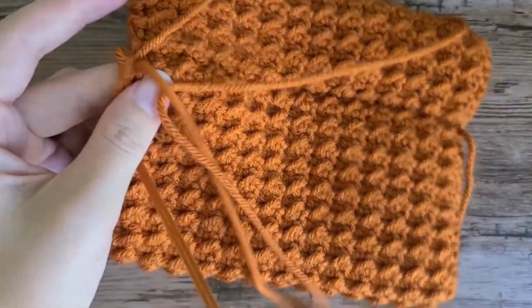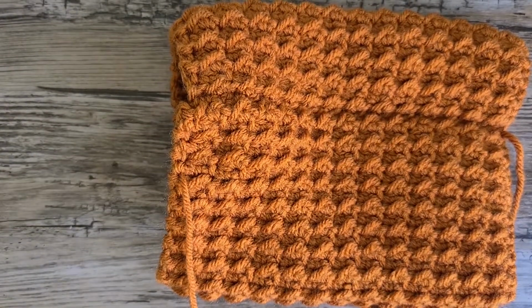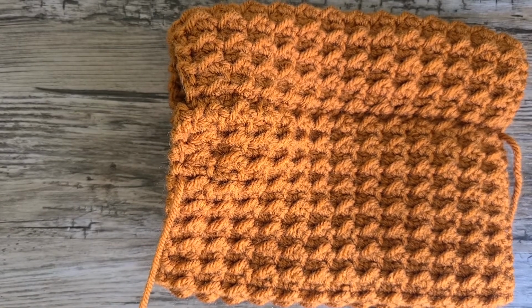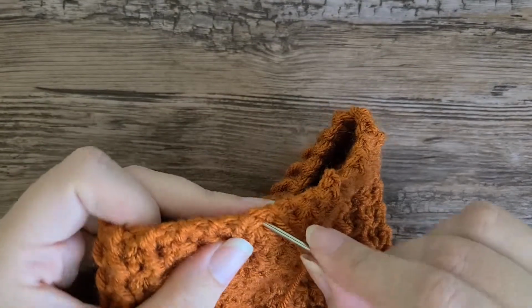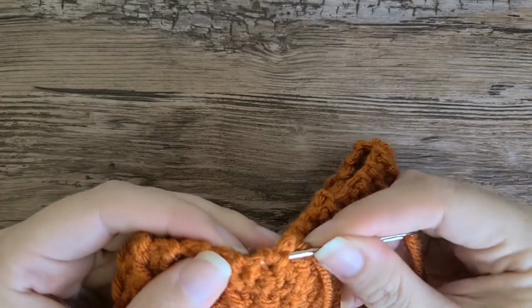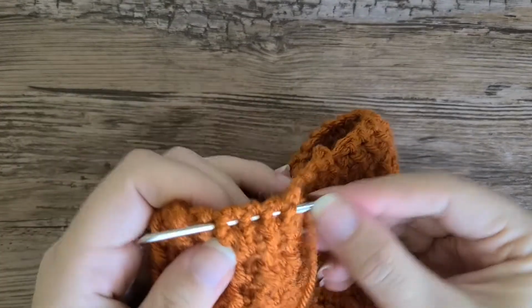Sometimes it's easier to wait to the end, and sometimes it's easier to pull it tight as you go. So that's really your decision, whatever works best for you. Remember that while there are rules and things that you should do, you're crocheting to make yourself happy and to enjoy something. So while there are rules and techniques, you should always make sure that you're happy with what you're doing, okay? So go ahead and just seam it,